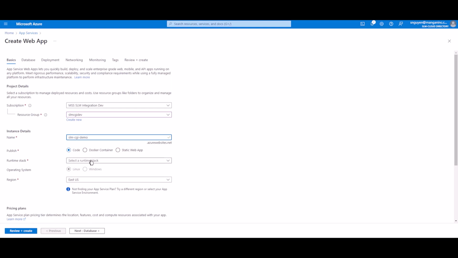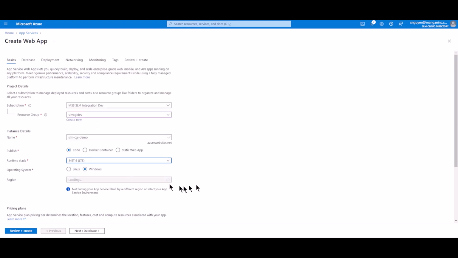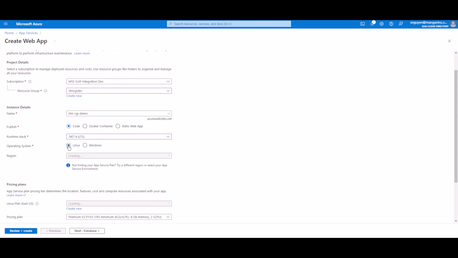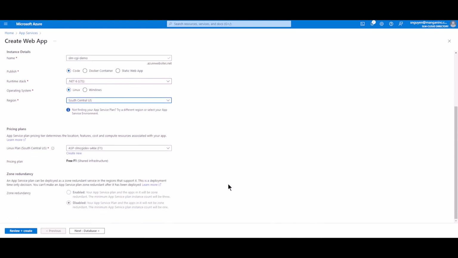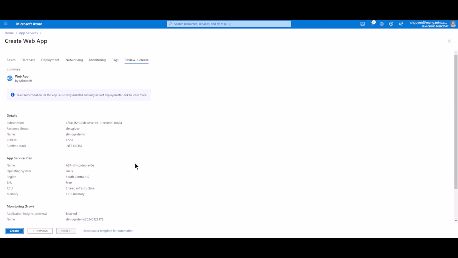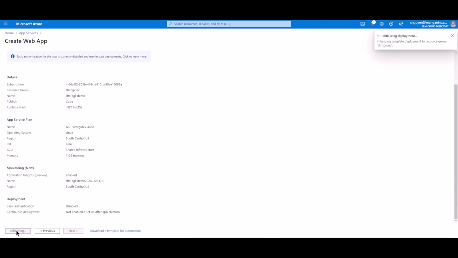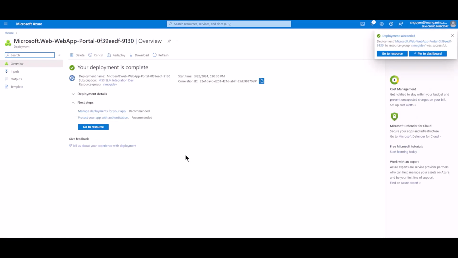Pick how we publish: code, Docker container, or static web app. We choose .NET 6 as our deployment on Linux. We'll choose South Central US as the region. Our pricing plan is free for now. Review and click Create. It's now completed successfully. Go to your resource,